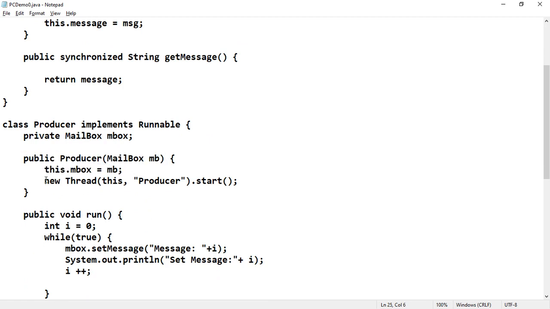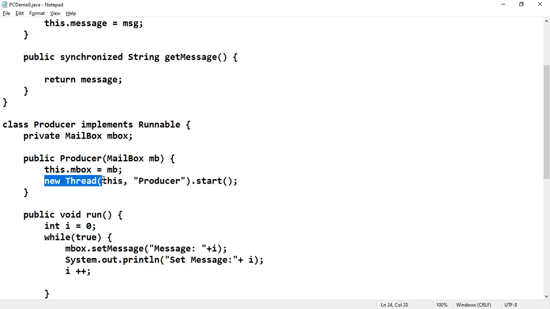And here we are going to start a thread, because if any class is implementing the Runnable interface, that means we need to pass that particular instance of the Runnable implementation to the Thread class. Then only this particular thread will be created and started.